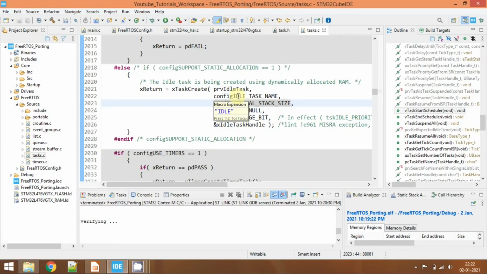If you hover the mouse here, you will be able to see the name of the idle task, that is IDLE, and they are providing null parameters, and of course the priority is 0, which is the least priority. If you want to manage the idle task, you can use this task handle, the idle task handle.